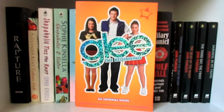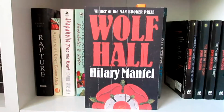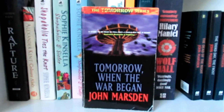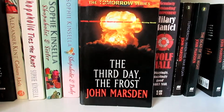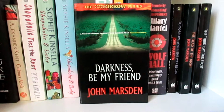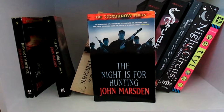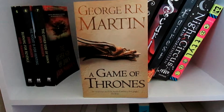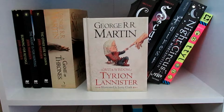Lockhart, Clear the Beginning by Sophie Lowell, Shatter Me by Tahereh Mafi, Wolf Hall by Hilary Mantel, Tomorrow When the War Began by John Marsden, The Dead of the Night by John Marsden, The Third Day the Frost by John Marsden, Darkness Be My Friend by John Marsden, Burning for Revenge by John Marsden, The Night is for Hunting by John Marsden, The Other Side of Dawn by John Marsden, A Game of Thrones by George R.R. Martin, The Wit and Wisdom of Tyrion Lannister by George R.R. Martin,